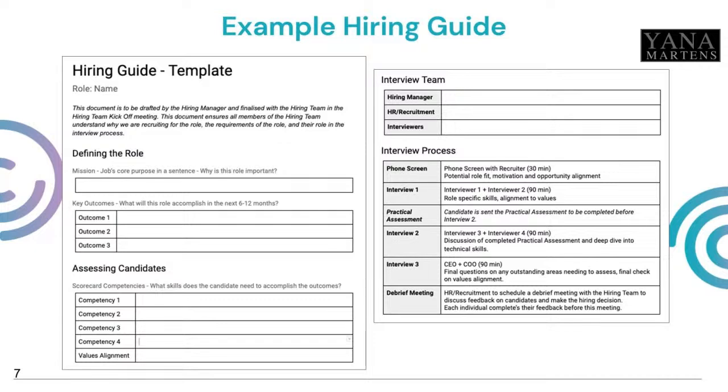If you have an engineer role that you have a hiring guide for, and then you're hiring a senior engineer, make a copy of this and then just start tweaking it for your senior role. They're great places to start. You do it once and you get into the cadence, the routine, the discipline of doing it. Hiring just over time gets easier, which I think is what we all want.